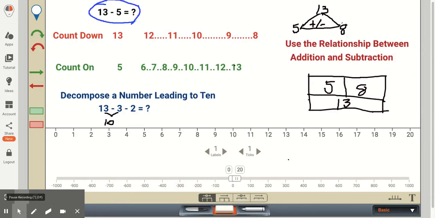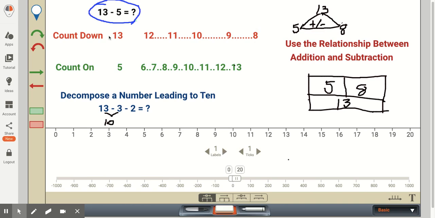Moving on with our strategies for subtraction, but with some larger numbers within 20, I'm using the example of 13 minus 5. Our students that haven't mastered the facts and possibly can't see the relationship between addition and subtraction yet for these numbers could use the strategies that we used before. For counting down, 13 minus 5, we're starting with 13 and counting down 5: 1, 2, 3, 4, 5. When we do that, we end up with the answer of 8.